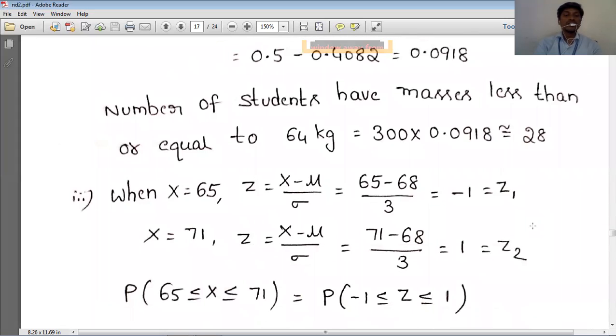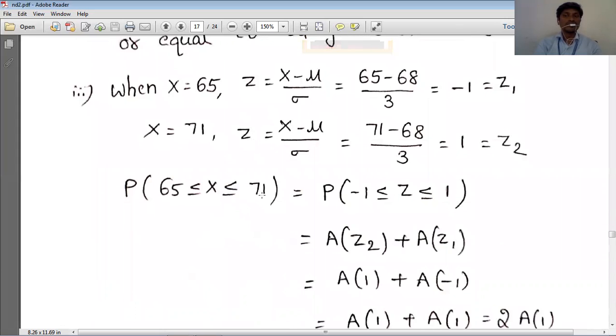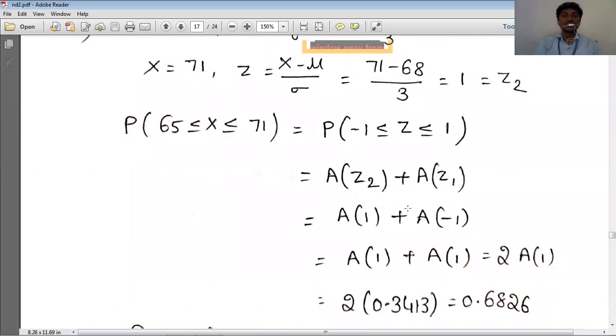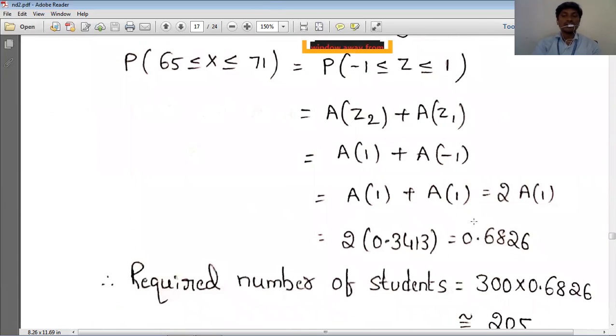Next, between 65 and 71 inclusive. In that we got -1 and here we got 1. So area of Z2 plus area of Z1. Due to symmetry we write it as area of -1 plus area of 1, so we are adding 2 into area of 1. So 2 into this